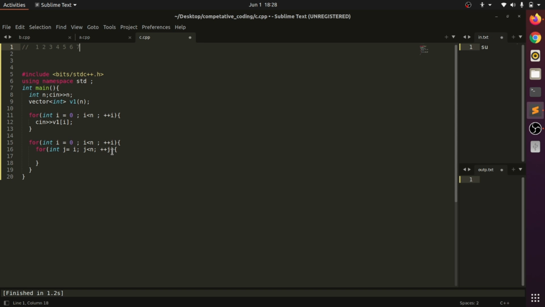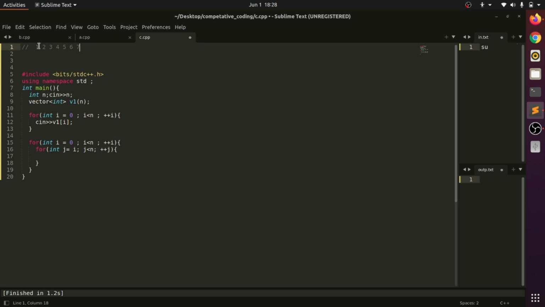So what is the basic difference between them? We all know that a single element can be a subarray. A single number can be a subarray of the array.